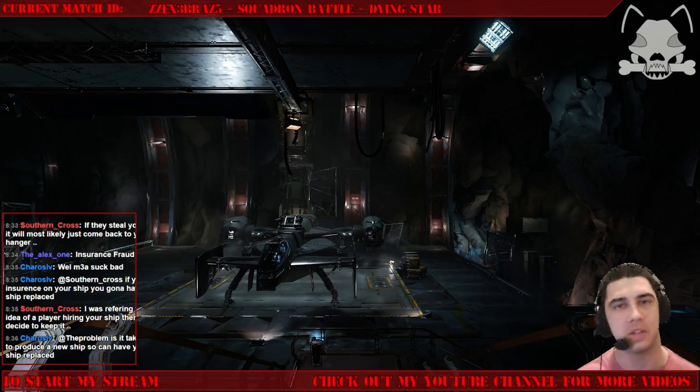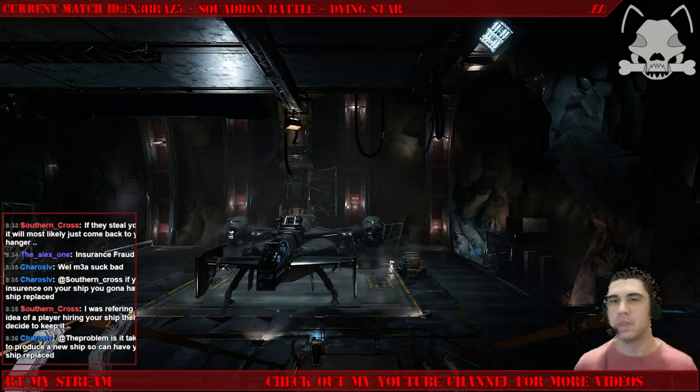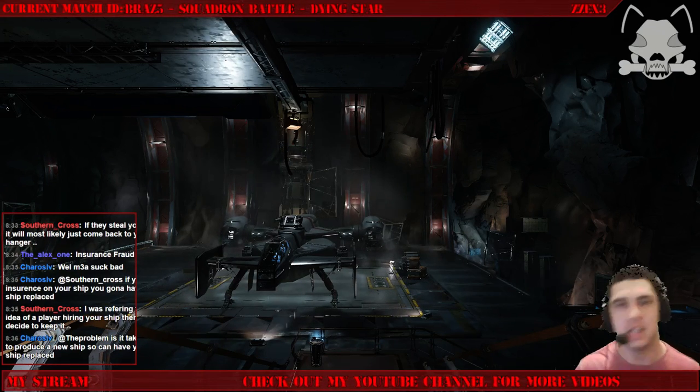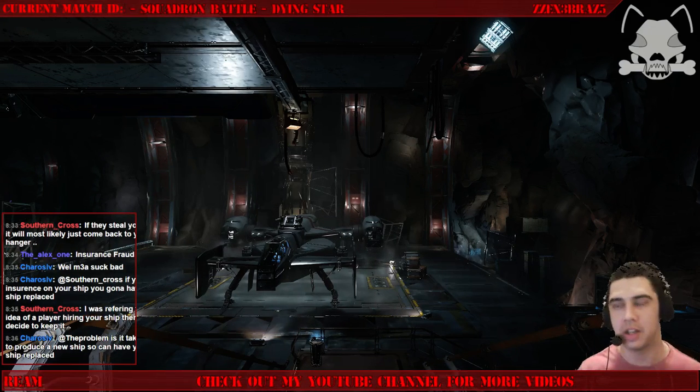The demand thing that I was talking about, that Charo's bringing up there. It will be that if you're in an area and it's a common ship,